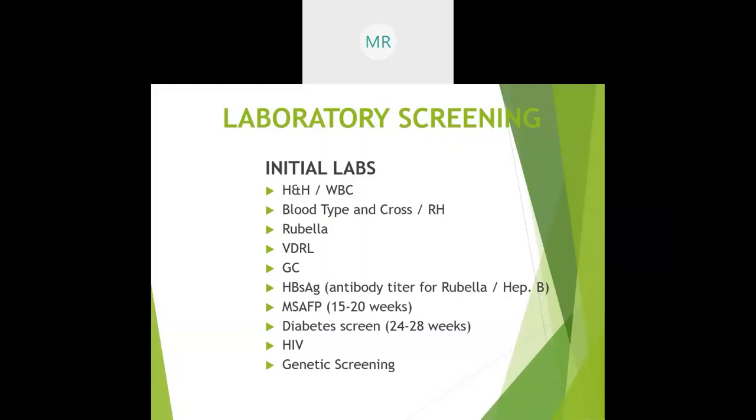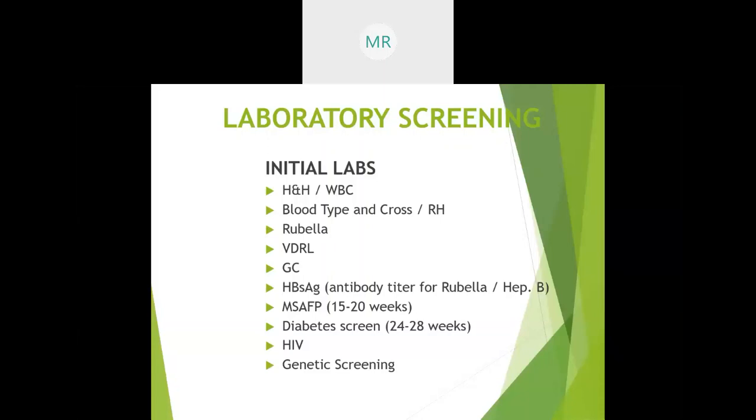So the 1-hour glucose tolerance test is this diabetic screen that we do at 24 to 28 weeks. 50 grams of glucola, which is that oral glucose. You draw the blood an hour later. If it's more than 140, then it's a positive diabetic screen. If it's less than 140, it's negative. If it is positive, then we do a 3-hour glucose tolerance test. And that's when